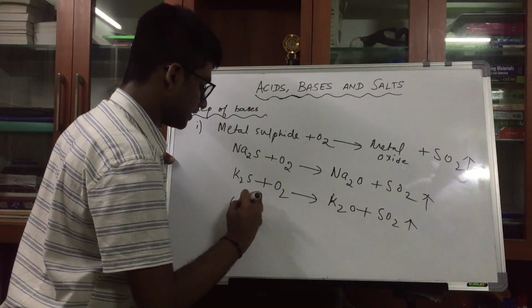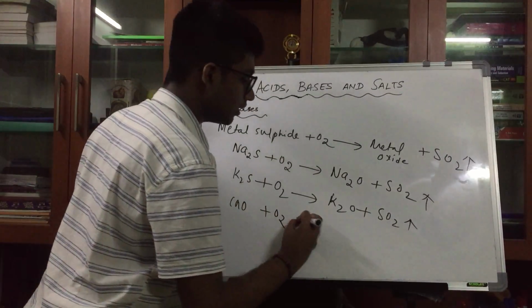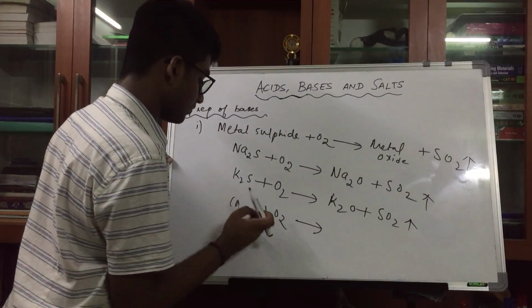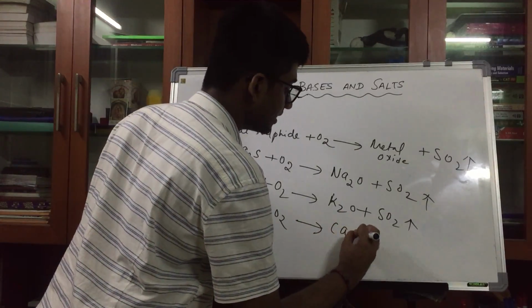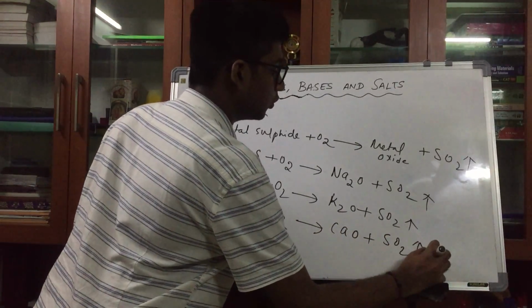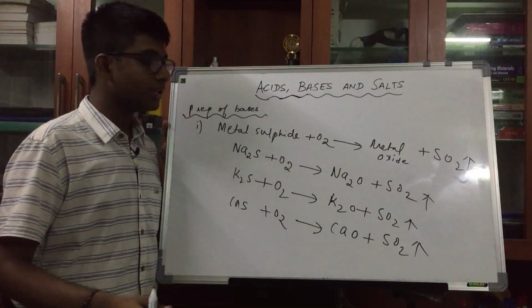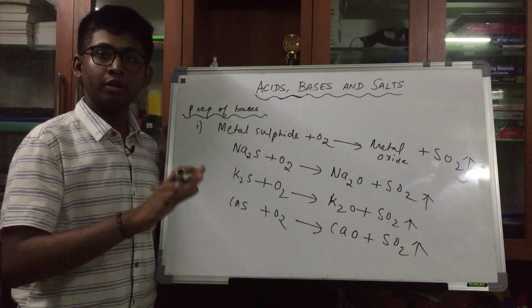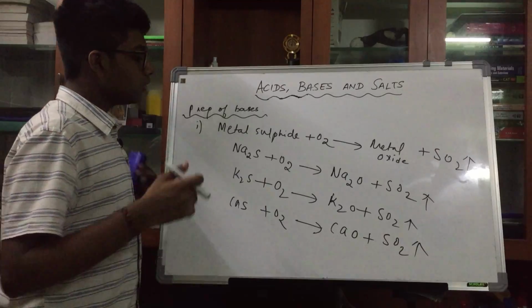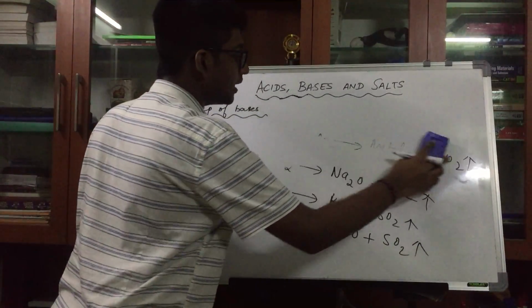So next, you take CaS, pass it through oxygen, you'll be getting CaO, you'll be getting SO2. So whenever you take a metal sulphide and make it react with oxygen, you'll be getting a metal oxide, and then you'll be getting sulfur dioxide. So this is it. And then the next one is